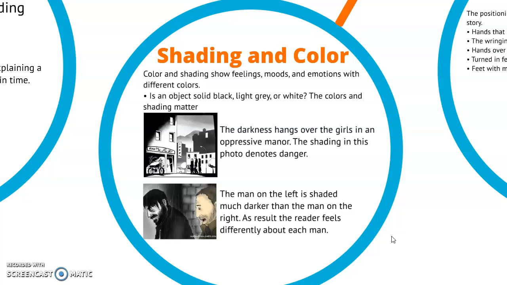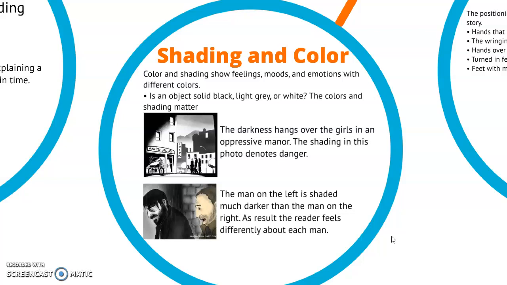Okay? The lower panel, the man on the left, is shaded much darker than the man on the right. As a result, the reader feels differently about each man. In this case, no dialogue, but we can see that there are two men and one is slightly darker. It's not like he's in a darker spot or anything like that, but this could mean that the man is maybe depressed, maybe the other man is cheering him up. The other man is slightly more cheered, has more color in his face, and he's trying to cheer up this man who has a dark cloud hanging over his